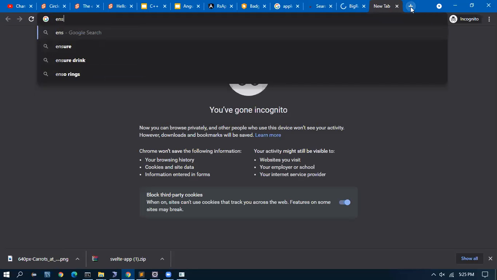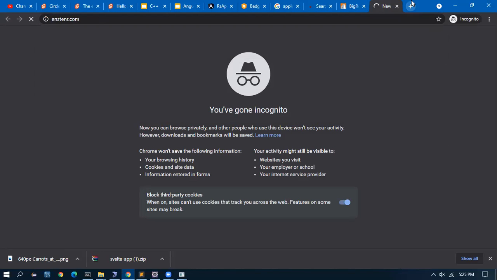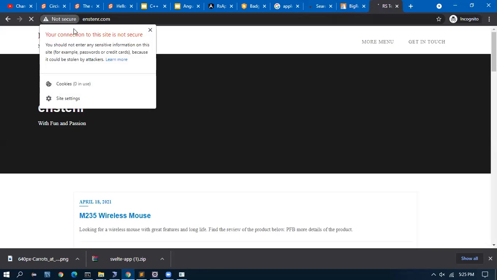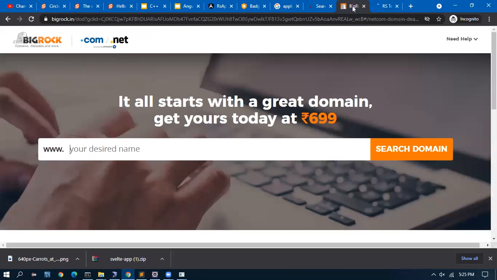Recently, I purchased a domain name. This is my website, enstnr.com. I purchased this domain name, but it came with the server. So I don't know the cost. It came with the web server. I purchased this one, a WordPress server.